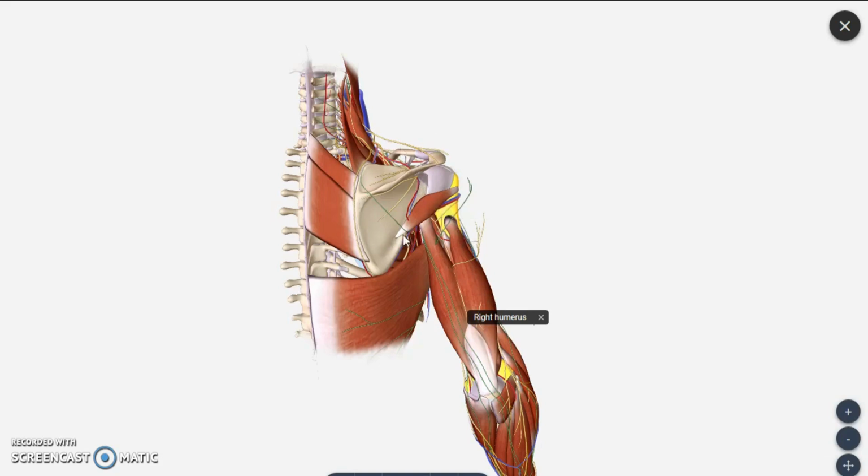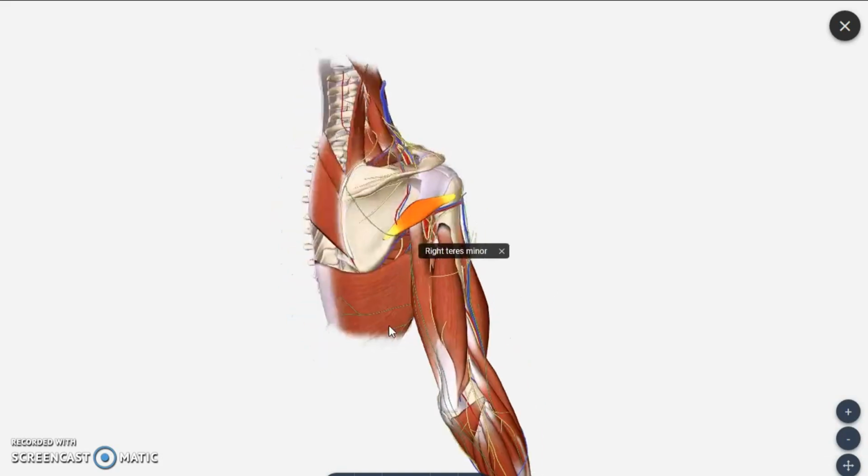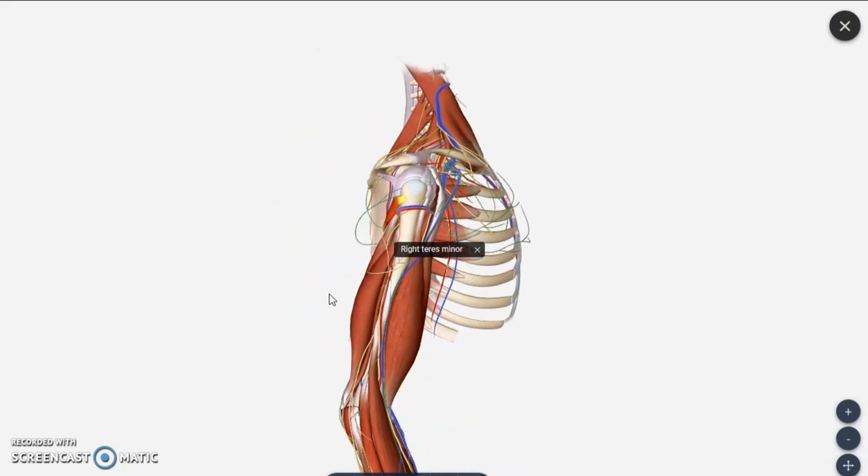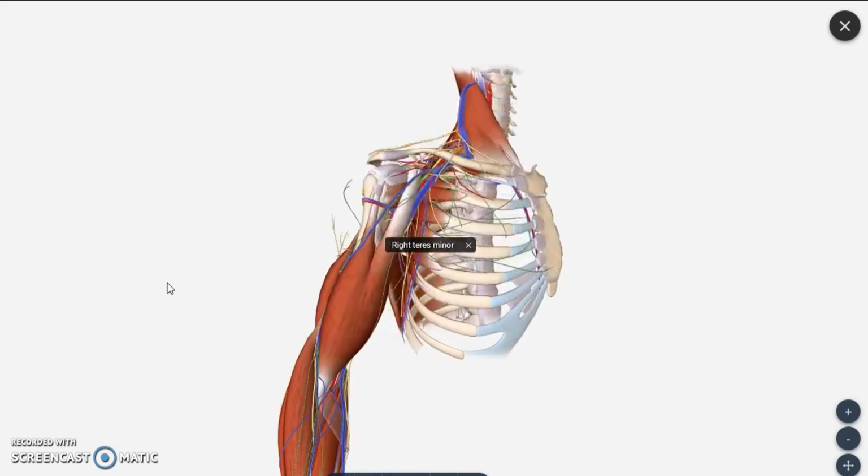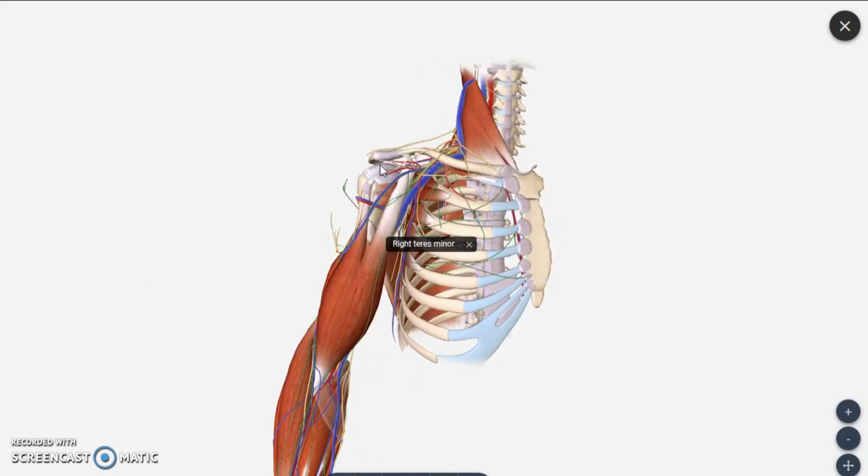Now you can raise a question, what is this small muscle? We have seen teres major in the deep layer, right? Just deep to that we will be having another accompanying muscle of this teres muscle, that we will call as teres minor, because of its small size. So this is teres minor, and above that we have teres major muscle. Now we will approach the other regions. If you see the anterior aspect, we can make out the arm region clearly. So we are dividing the whole of upper limb into three joints.